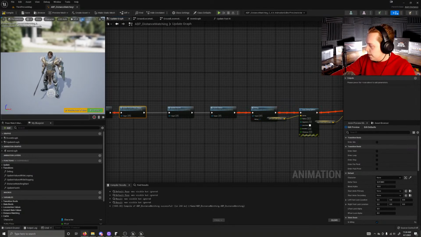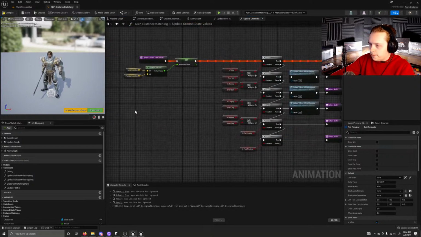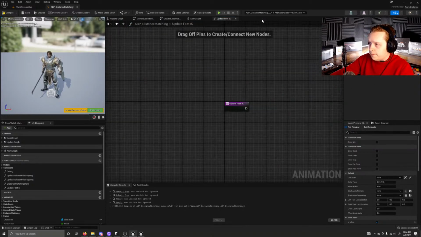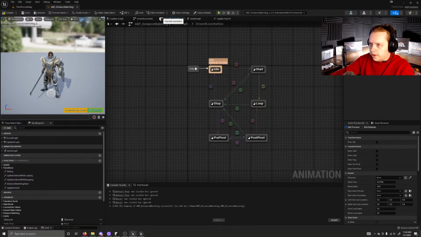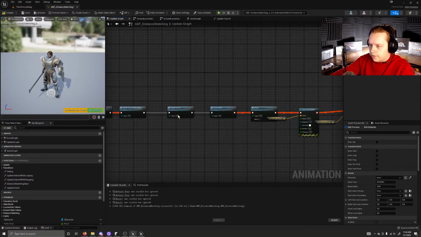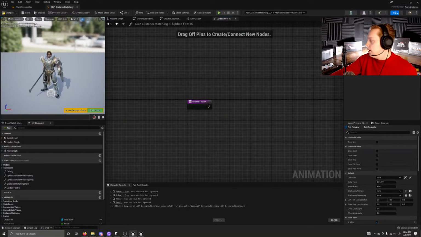So I don't think this takes any inputs. Nope. Okay. Oh, I opened up the wrong function. Did I put update foot IK in there, or did I put the wrong function here? No, I put it in here. Okay. So now we need